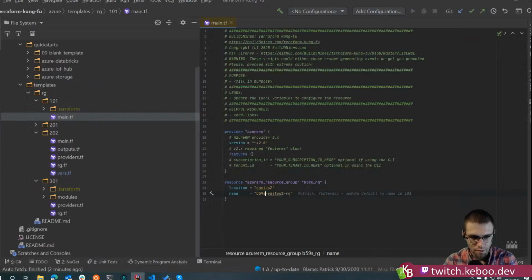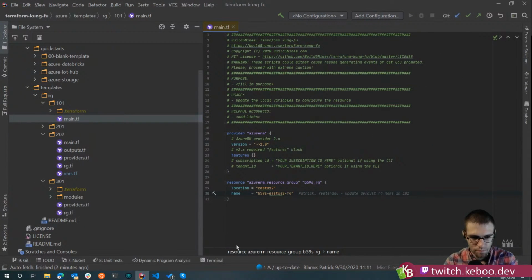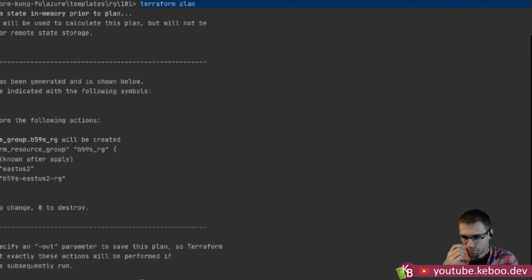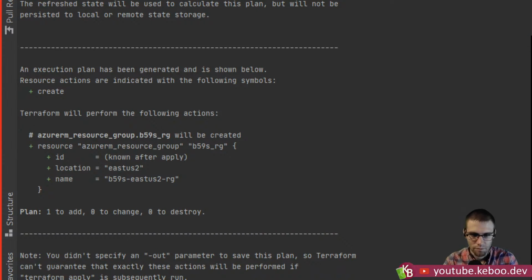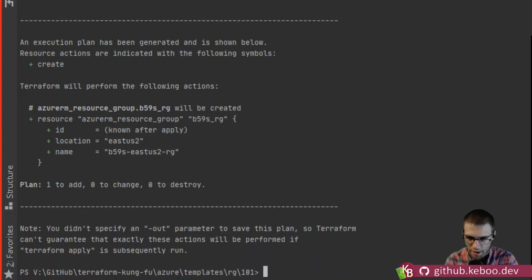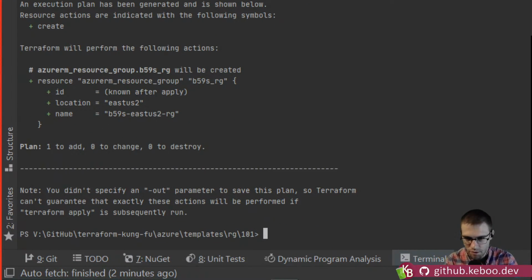Right. So that's cool. And the other thing that's interesting is it says what its name would be. You see that was hard coded, obviously. The location, we had that hard coded. But then talk to us about this known after apply with the ID. What's going on there? So a resource group, like most Azure resources, has an ID associated with it. It's the long, fully qualified name. It'll start with /subscriptions/subscription ID, then the type name resourceGroups/resource group name, all the way down.